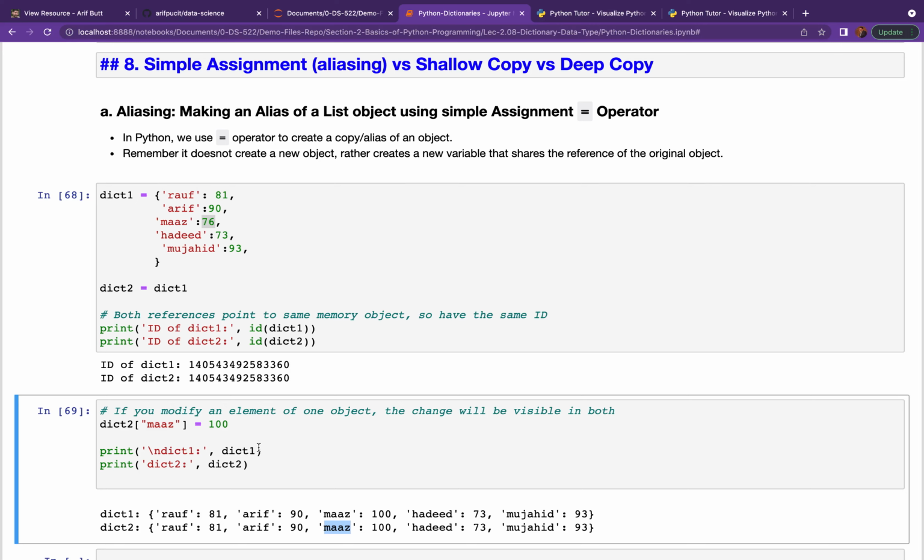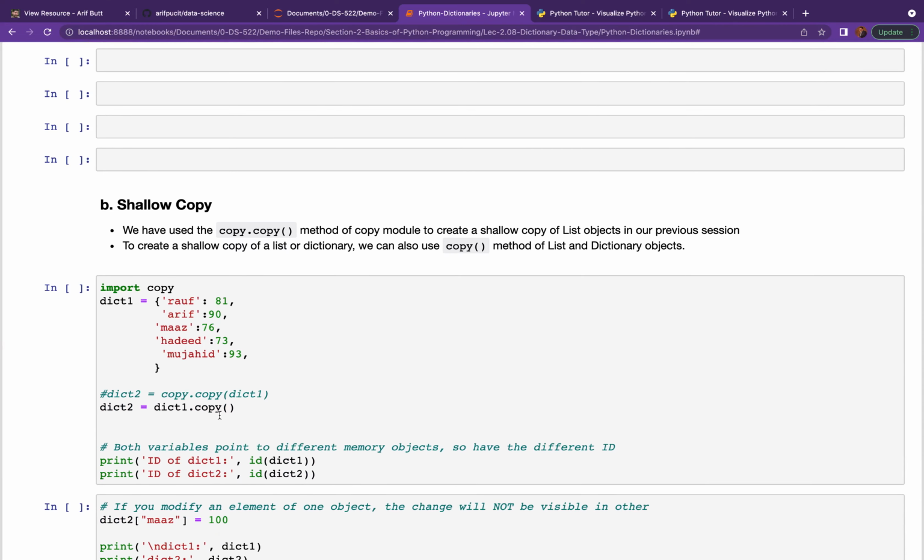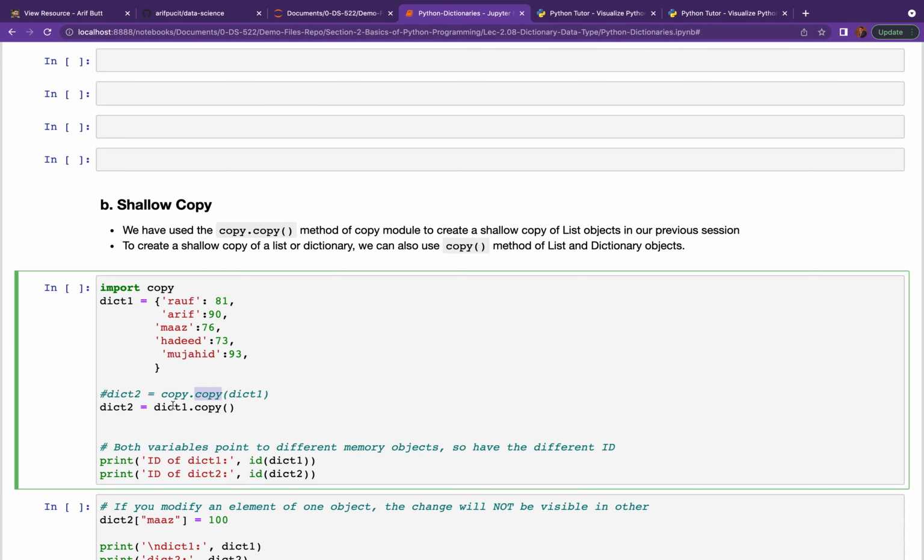Let's talk about the shallow copy now. Well, for shallow copy, in case of tuples, we have used the copy method of the copy module. You can use that as well. However, dictionaries and lists do have their own copy method which performs a shallow copy.